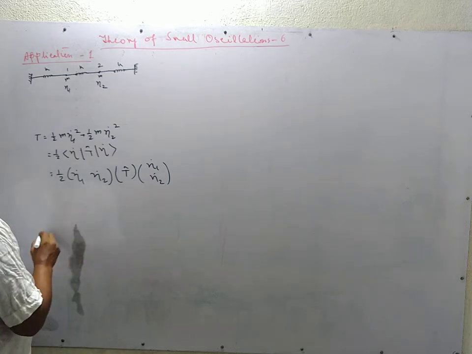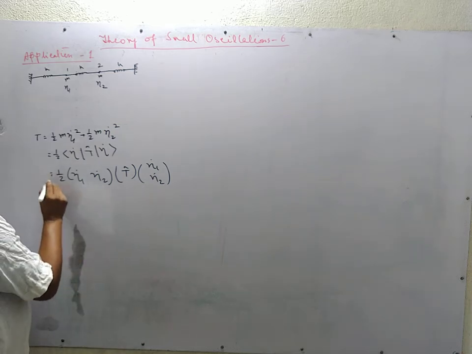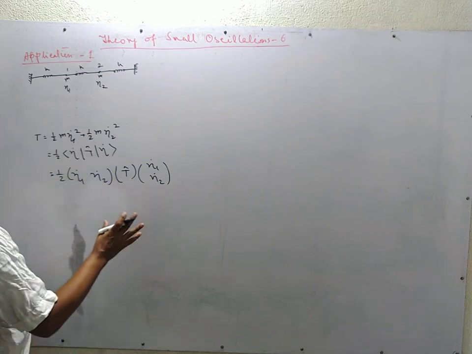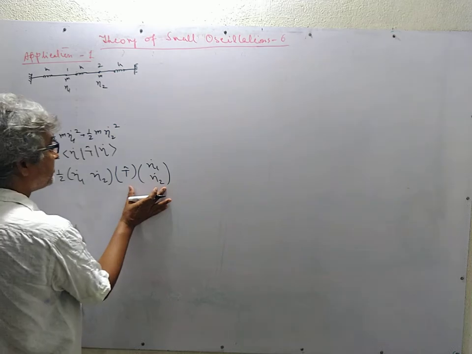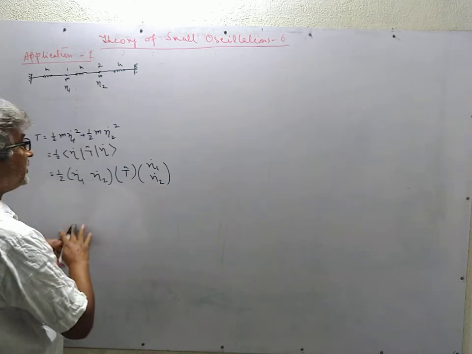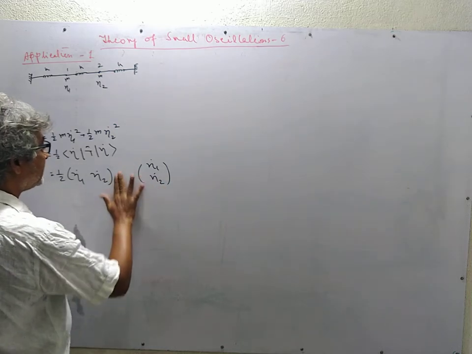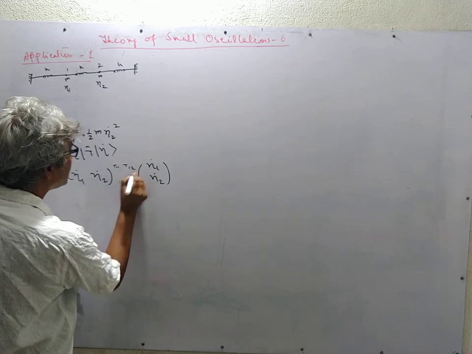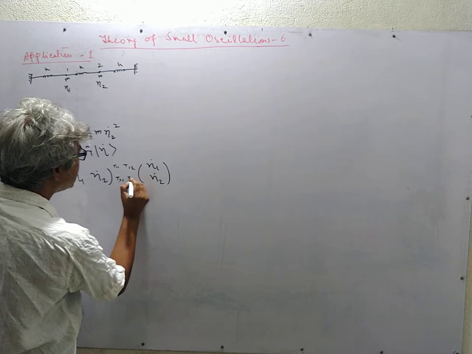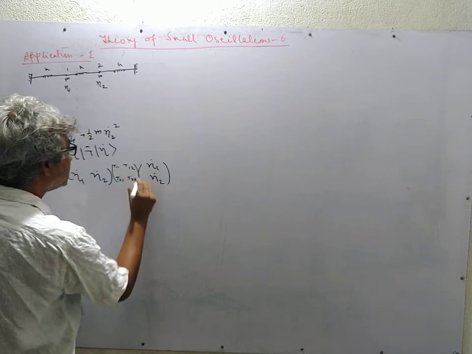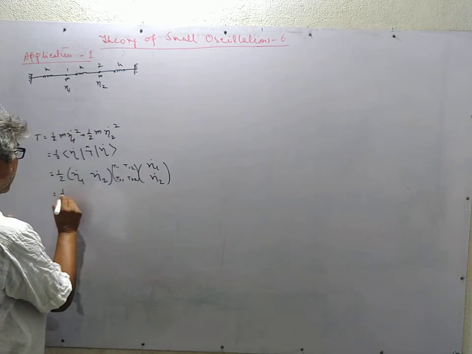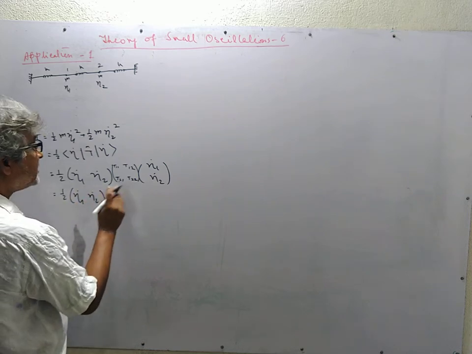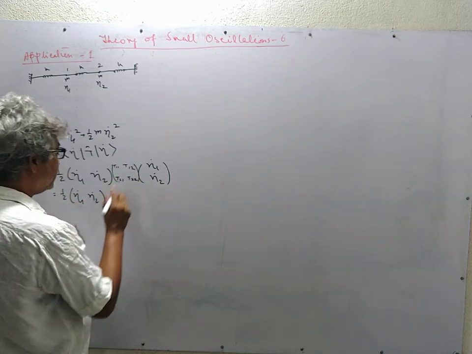Actually, let me write it explicitly: T11, T12, T21, T22. If we multiply this, eta 1 dot, eta 2 dot is there, and